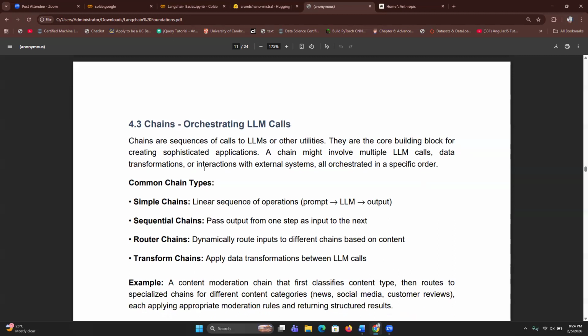So I'm being told here that chains are sequences of calls to LLMs or other utilities. The sequence of calls that you have are what we call chains. They are the core building blocks for creating sophisticated applications. If you're saying we have a very sophisticated application, it means that it might have a lot of chains, a lot of calls. These calls could be to LLMs or to other utilities. It can go to utilities like a CRM,